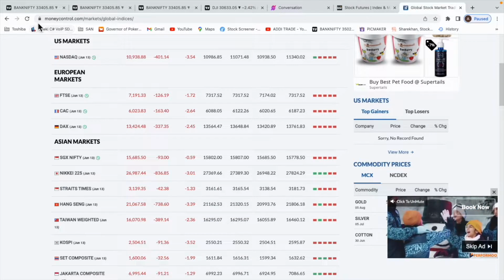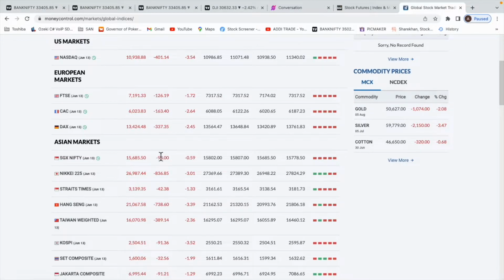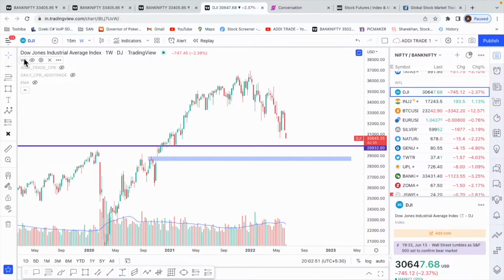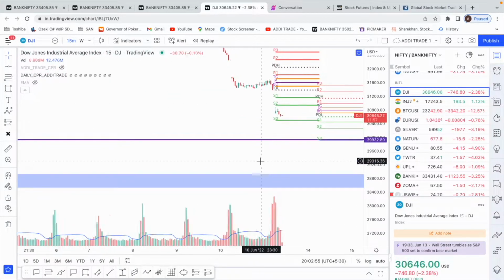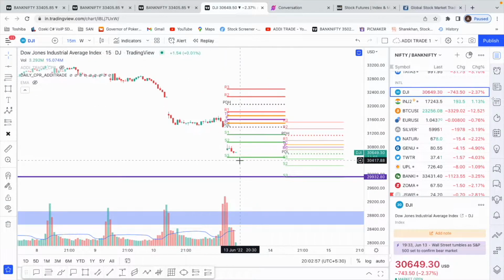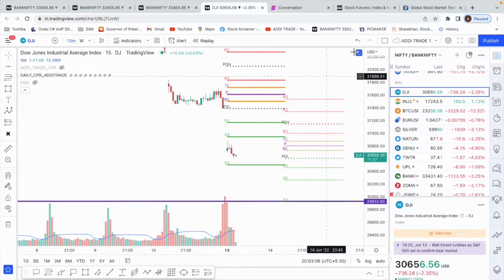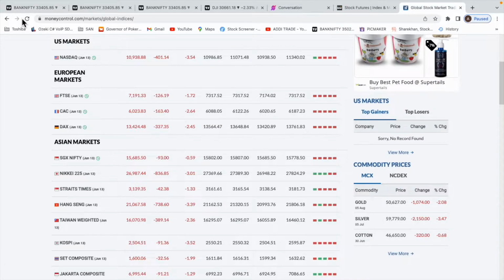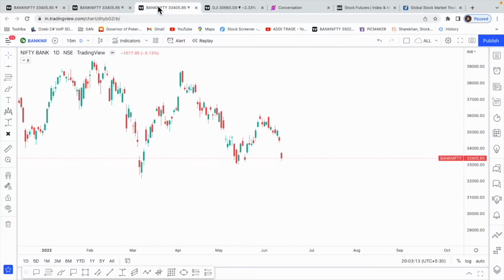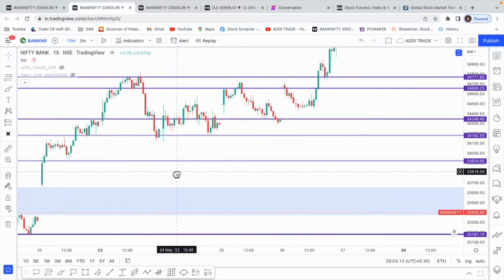But this might increase overnight, because the Dow Jones market has just opened, right? So even here there was a huge gap down and not sure until where it will come. Probably this is too far for the day, probably until S3 or get some retracement. So this might change overnight, but as of now it looks like we're going to get another gap down. Now we'll look at our intraday levels for tomorrow.